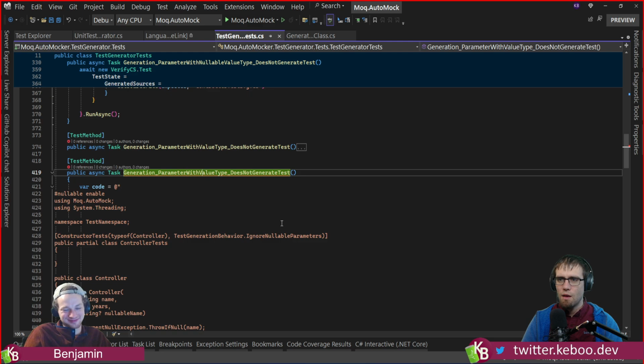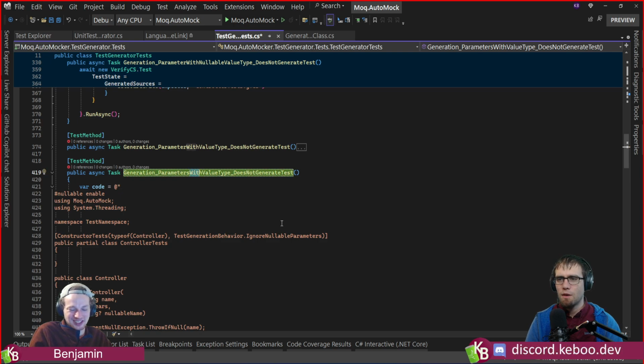How do we write the name of this? Generation, fix bug, generation parameter doesn't handle